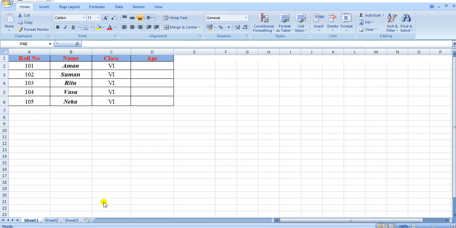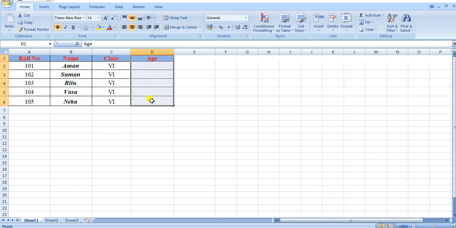For this I have created a database consisting of the field names roll number, name, class and age. Now suppose I want to apply data validation in the field age. So for this, first select the range from D1 to D6.